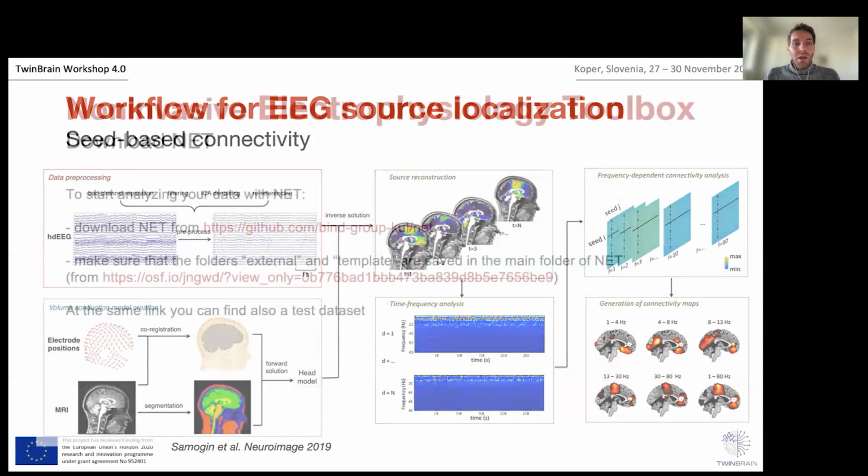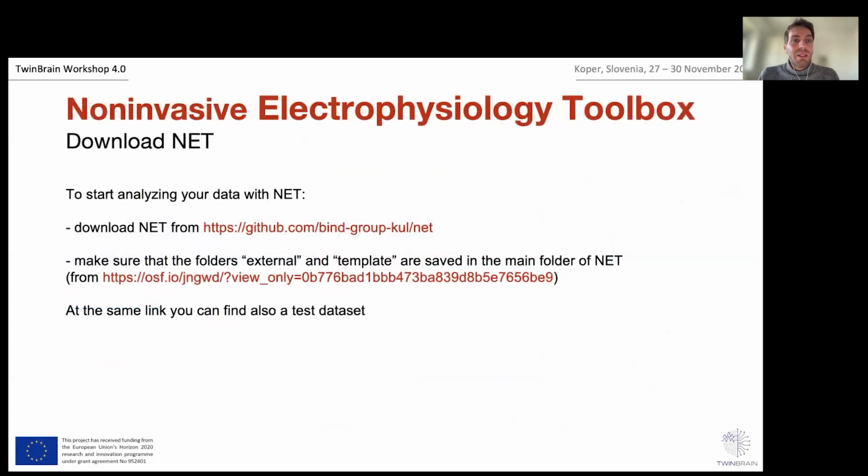Okay. And so basically, as I was saying, there is currently a publication under review for this, but already we made it open so that everyone can freely access it. So if you want to download the net also and perform your own analysis, you can follow the current link. So the GitHub and the subfolder bind group